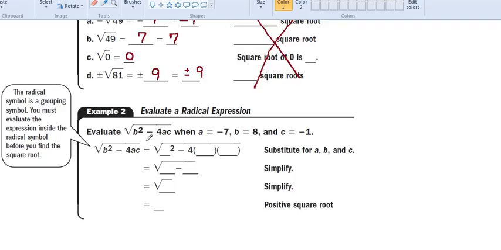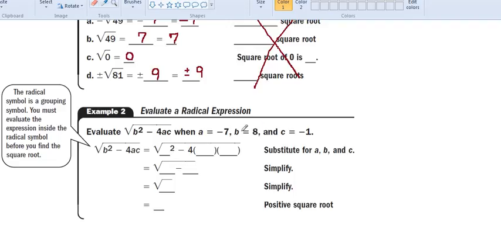Okay, and then finally here, they're going to give you a radical expression. Radical, in this case, doesn't really mean that it's that awesome. It just basically means it's using this radical symbol right there. So they're using b squared minus 4ac. Now what we're going to do is think of this all being together under this radical symbol. So we're going to solve this, then we'll do the square root of that. Okay, here's what they tell us. They tell us that in this case,